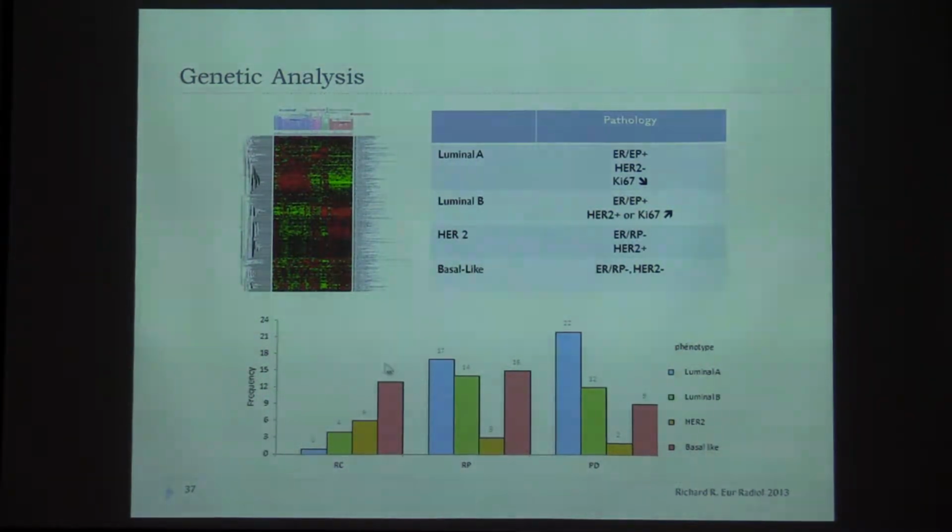This is a terrible cancer, the triple negative, but as you can see, one third of them are going to have a complete response. In the progressive disease group, as you can see, there is a lot of triple negative also, but the majority is the luminal A.